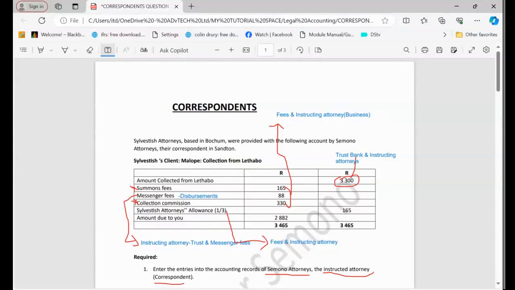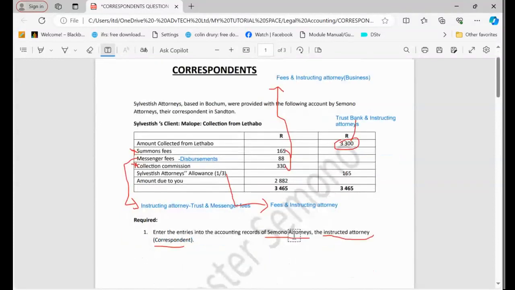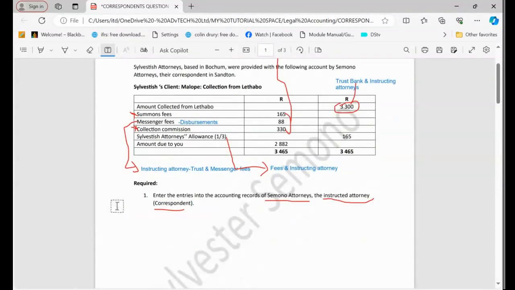At a later stage, we're going to show these amounts in the books of accounts. Like I said, a fee will obviously affect the instructing attorney, so we still have to show this in the books of accounts. We'll come back and analyze. For now, let's just prepare ourselves for the next step.